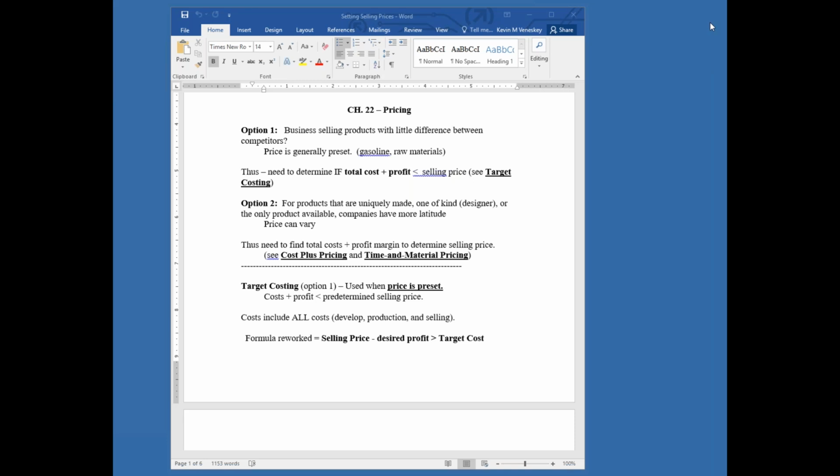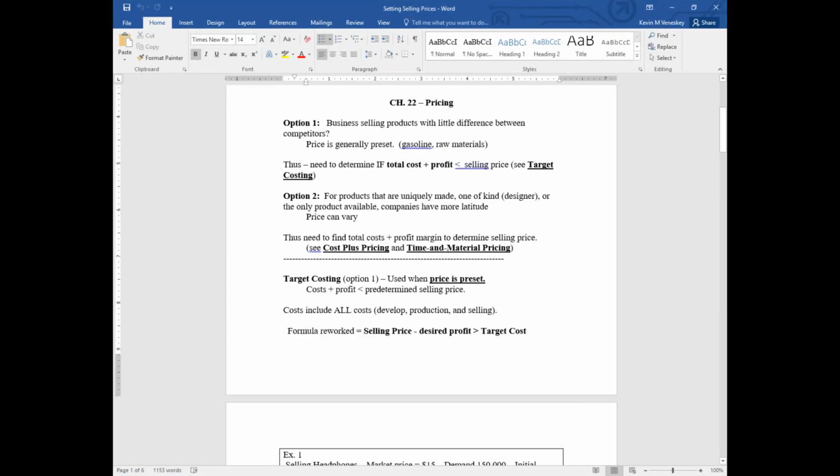There are typically 2 options that a company would use to set their selling prices. The first option is when you're selling something that is very common and the price is already set. So that's option 1, where you cannot deviate much from your competitors. Think of gasoline. Even a 1 or 2 cent difference could sway your customers to the other gas station for